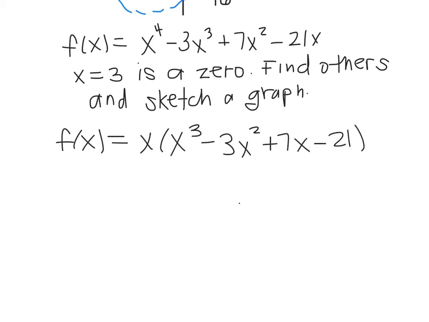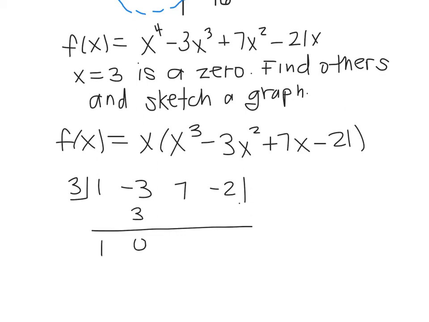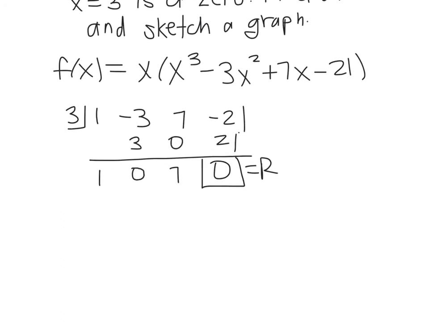So using that 3 that we know is a 0 and the coefficients from that factor, we'll do the synthetic division to get the other zeros. So go through this process. Okay, so we get 0 for our remainder, which is what we would expect if 3 is a 0. So let's write down what we have factored wise. So f of x equals, we've got the x out in front, and then x minus 3, and then we've